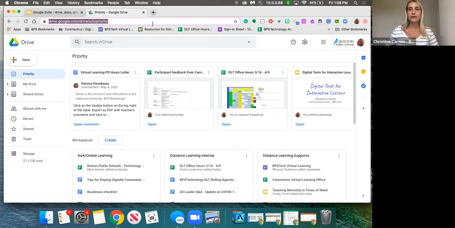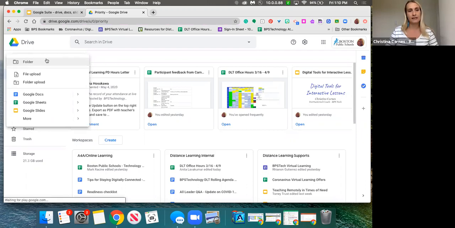So now I'm in my Drive. And in my Drive, I'm going to go through some of the main features here. The very first feature I want to point out to you is this plus sign with the new. This is something that we are going to be coming back to over and over again during this session. When I click on this, it gives me options to create a new folder, to upload a folder or a file from my computer,